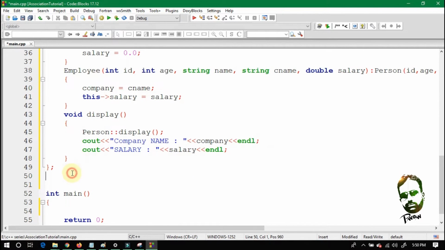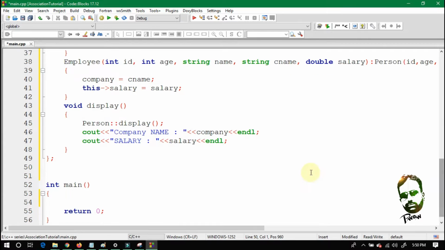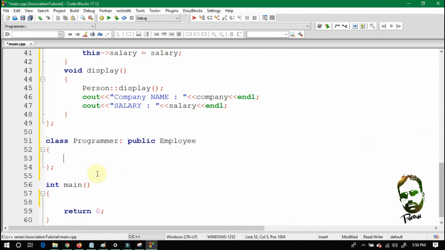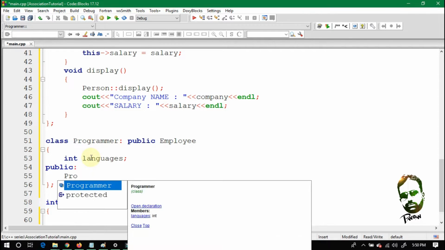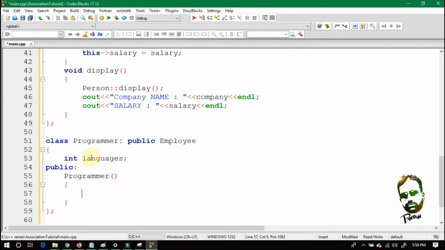Now the third class is basically a child of this employee class and the class name is programmer and its parent is public employee. So let's suppose this programmer knows about some languages. So let's write here int languages. So you have to write the programmer constructor. So it's basically the default constructor in which languages value is 0.